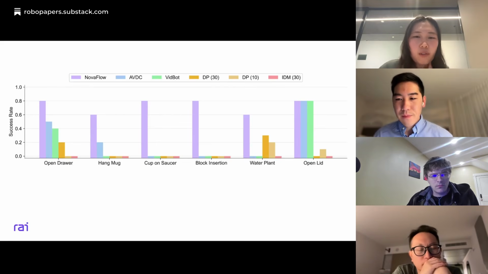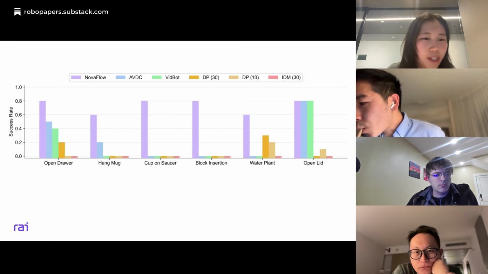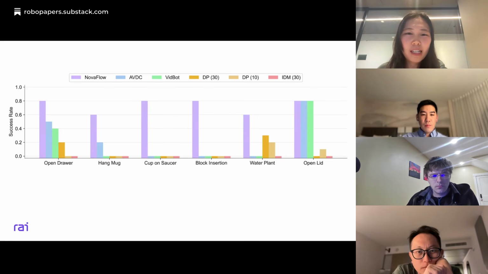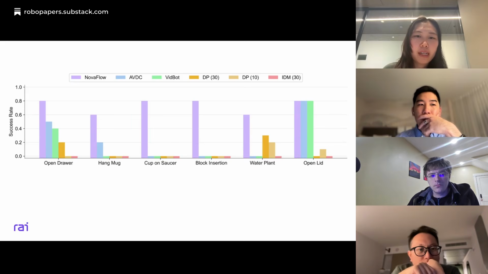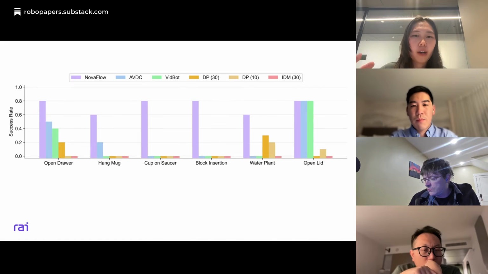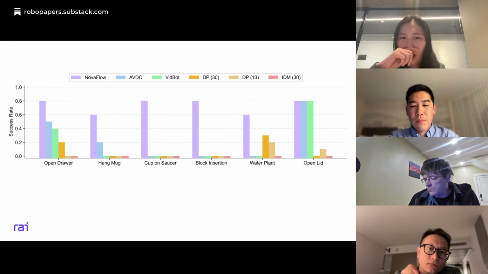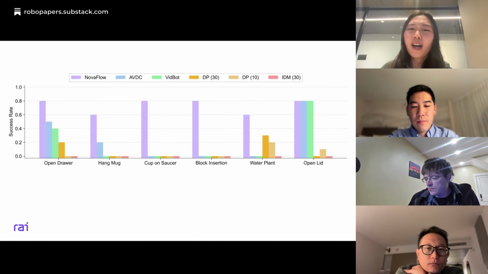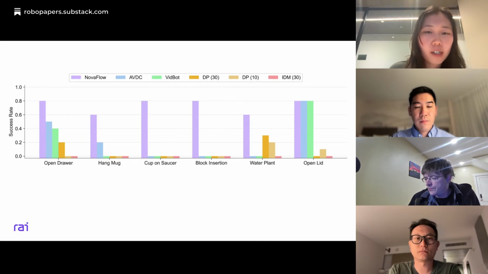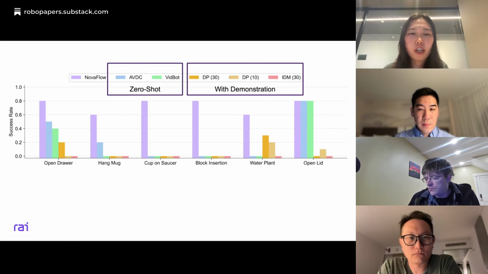Yes. So for the experiments part, I think we include 6 different tasks, and those basically span from basic pick and place and also articulated objects, and also we tested on different embodiments, not only the Franka arm but also the Spot. It's not really mobile, but it's at least on a mobile robot platform. So here we show the success rate out of 10 trials on each of the tasks.